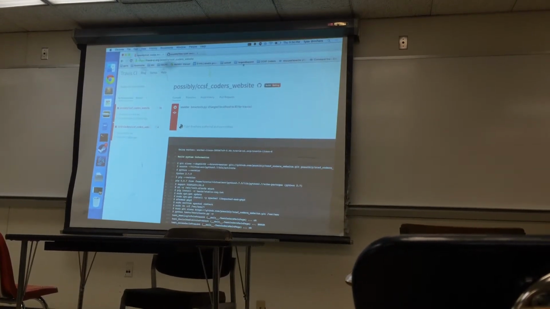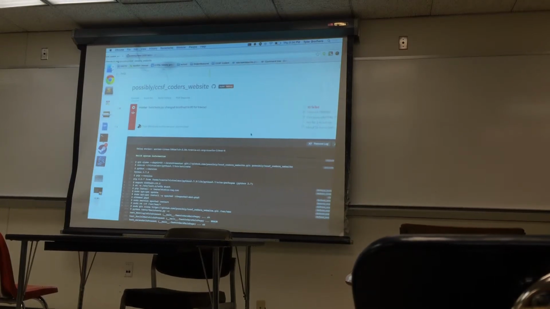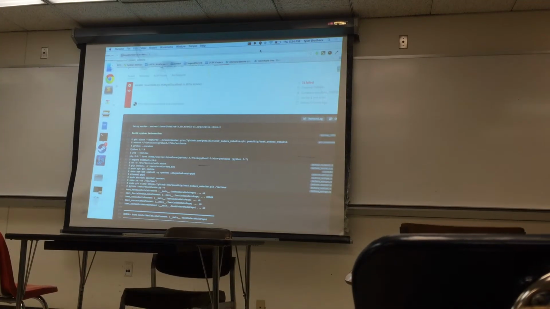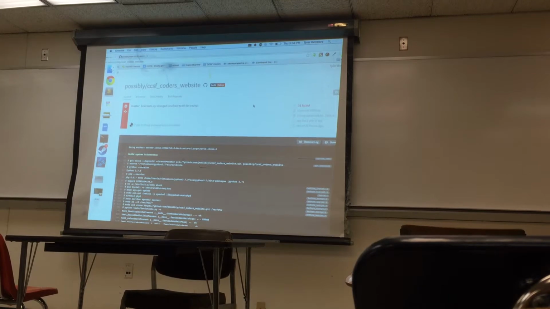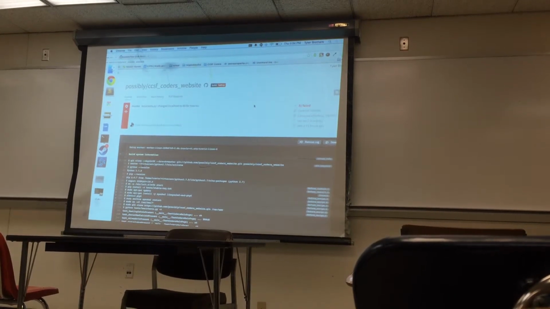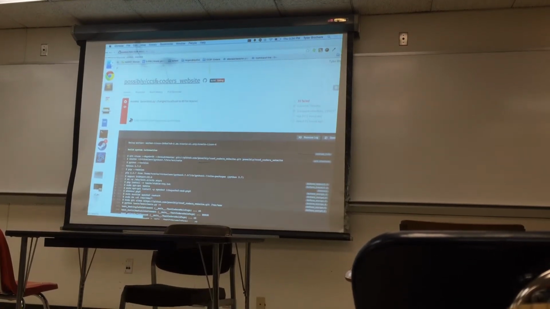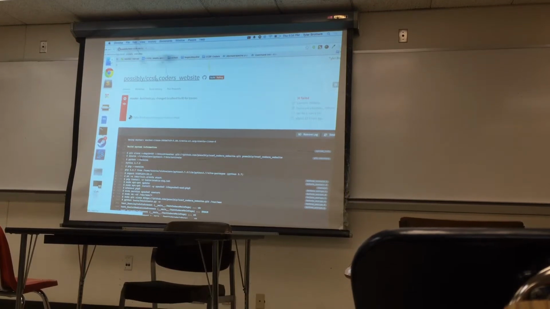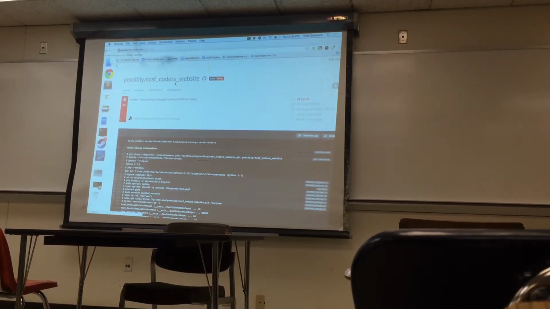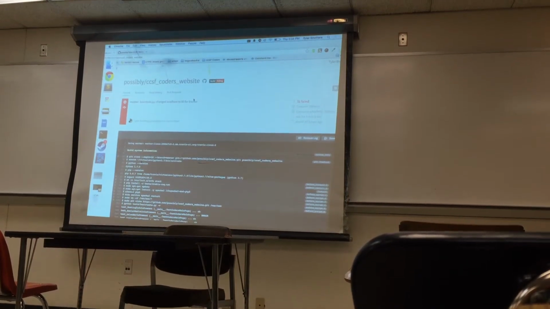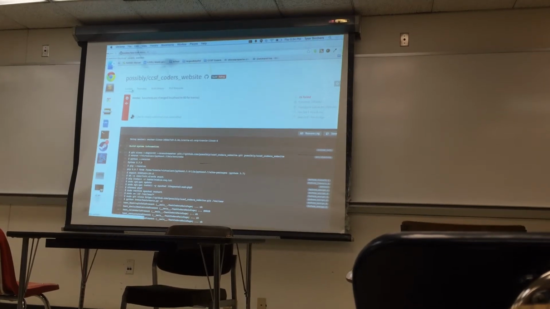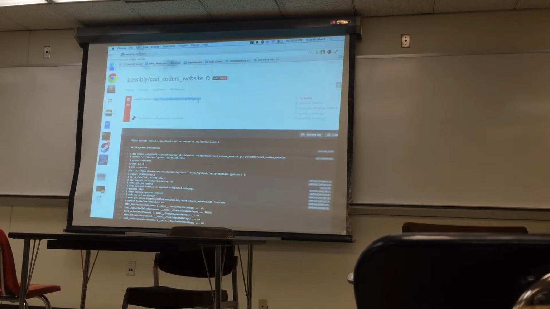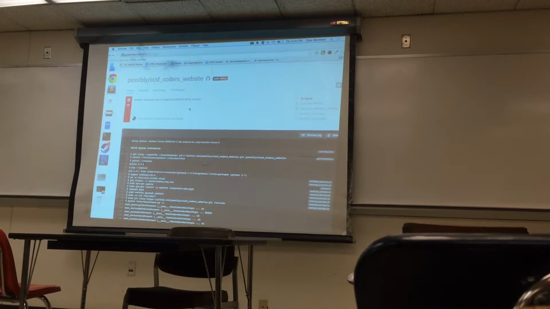And what that looks like is really nice. What you see here is my own little Travis CI space. And you can see the GitHub repo that I'm working under. My username is possibly, and I'm working on the CCSF Coders website. This is the most current push that I've made to the repo, to my own little fork.